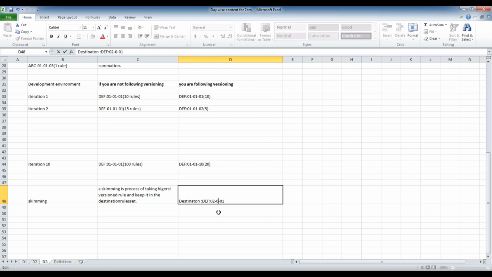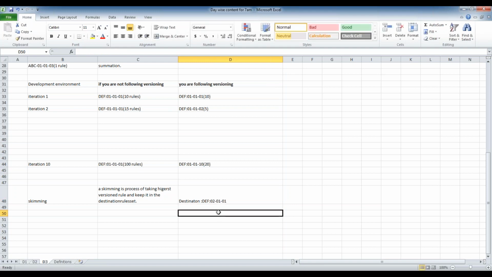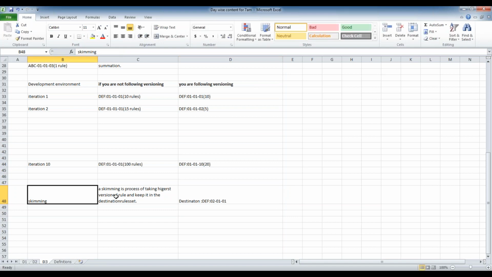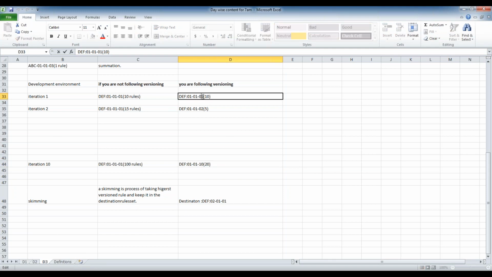Generally the business will decide whether you are going for a major or minor release. A major release means you need to increase the major version. A minor release means you can increase the minor version. Based on the release type, you need to increase the major and minor. For both, you need to go for skimming only. During development, I will use this. Let's say in the market this version is already there, 010101, that is the first release for me. Let's say I release the product to the market, and in that I am using this version.